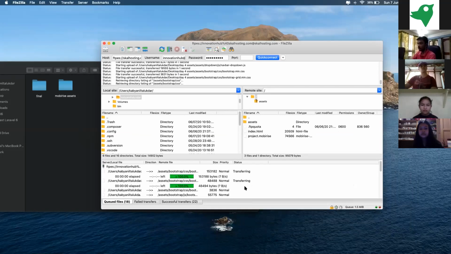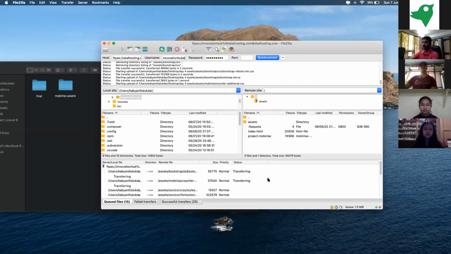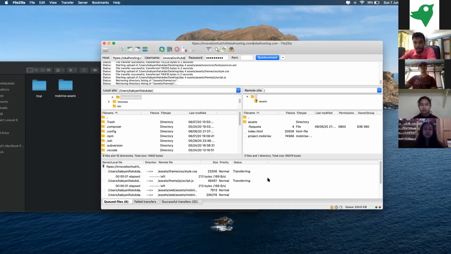So as you see, there are a lot of files generated by Mobirise when we created the website. So even when you are creating your own websites, you'll have a lot of files. To upload it on the Facebook group, I would suggest you use some compressing tools like WinZip, and put it on Google Drive and share the Google Drive link. So it will be easier for us to download it and check it out and then upload it on